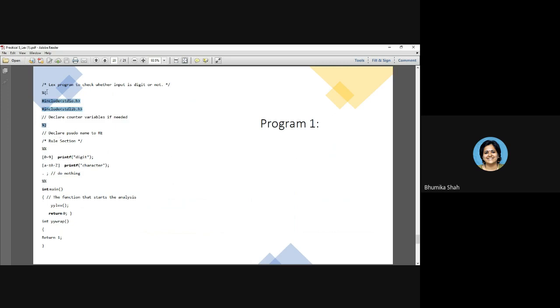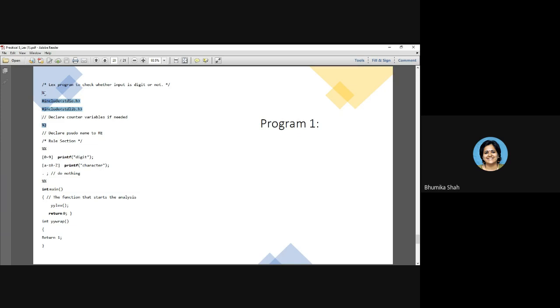In the first part, everything is written inside. Please focus here properly. The first section is divided into 2 parts. The first part will contain percentage opening curly bracket and percentage closing curly bracket.